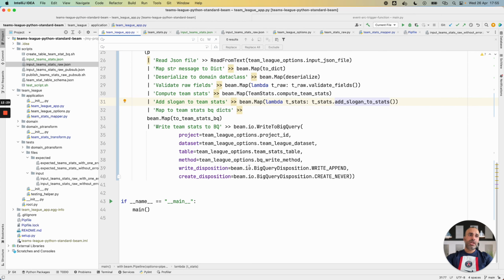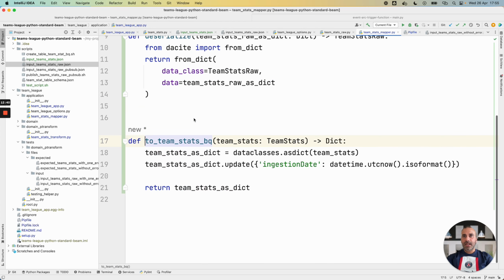It's interesting because no need to transform my object to a kind of structure like table row. This step allows me to transform my TeamStat domain data to a dict. I only add an ingestion date to my current dict in order to store this information for each line in my BigQuery table.